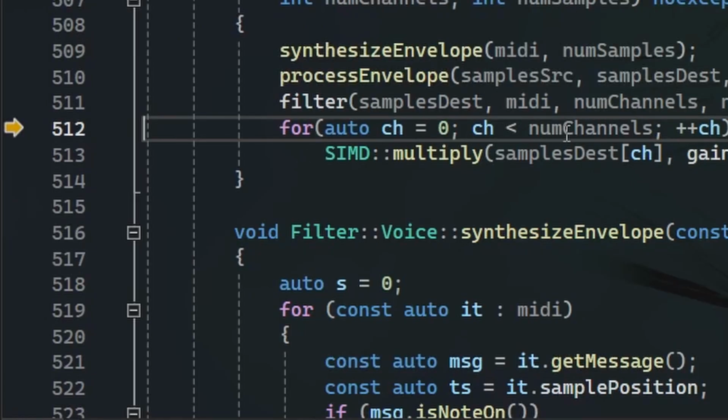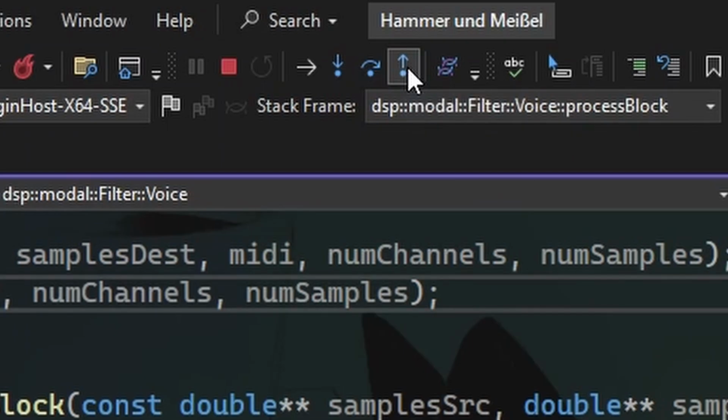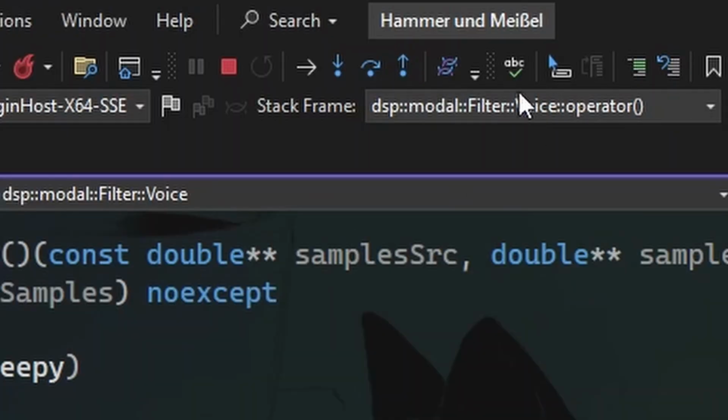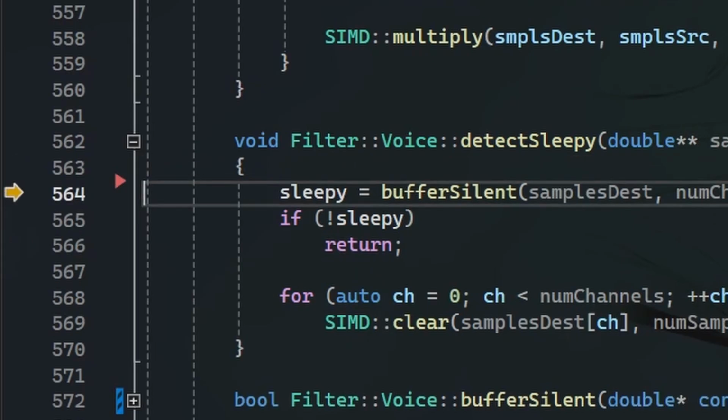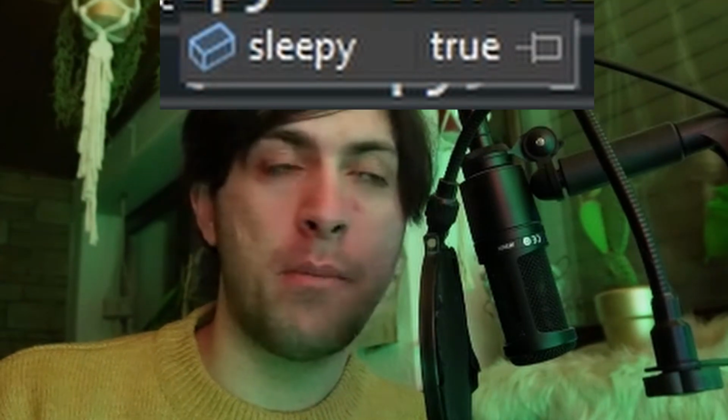Then there is the auto gain feature at the end that's not very error prone. Let's step out of this as well. And then the last step, detecting sleepy mode. Let's step into this and go on. And we could now go on and we find out sleepy true. That makes no sense. It thinks that the buffer is silent even though we have just literally added numbers that